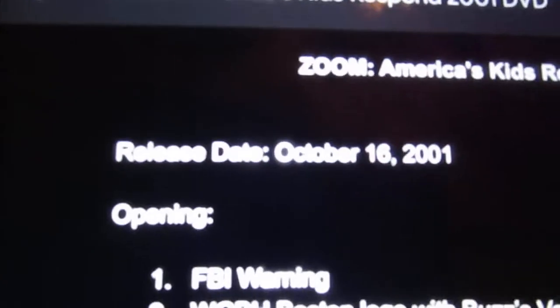Okay, so let's break down the opening and closing. So the opening has the FBI warning, WGBH Boston logo with Buzz's voiceover, and then the DVD menu, the Zoom funding credits from season 3, but this time it's not the original version. It's an extremely rare